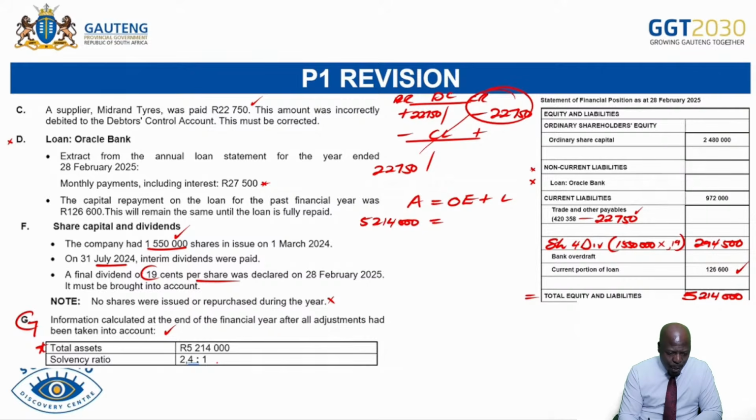And we're then told solvency ratio. I know that financial indicators can be tested. So far we did the debt equity and we have seen the solvency ratio. And then we are now going to say my solvency ratio is total assets